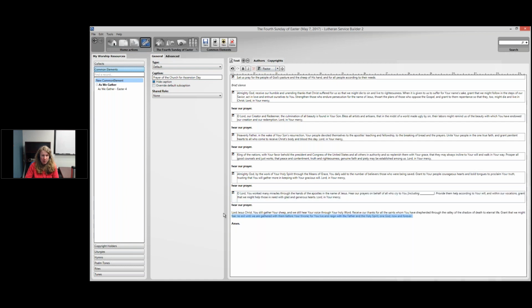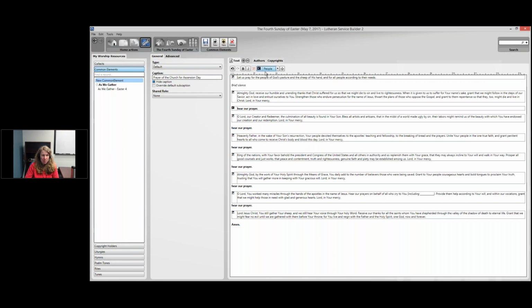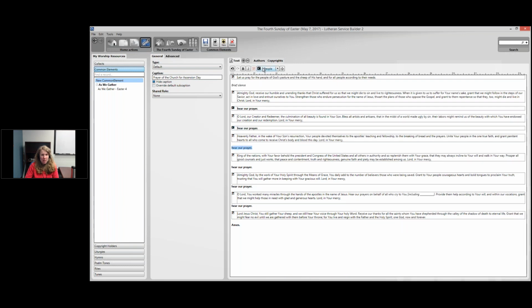Here's the last pastor part. And then we can go back and responsorialize the congregation part. So I'll just select this, select people here, and then we'll add in all our peoples. Now another nice thing we're going to do once I'm all done with this